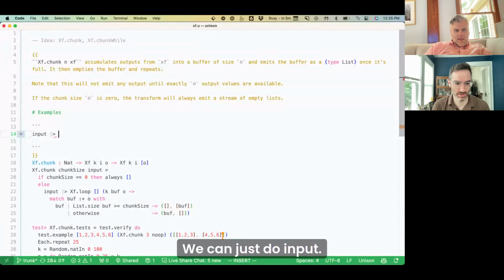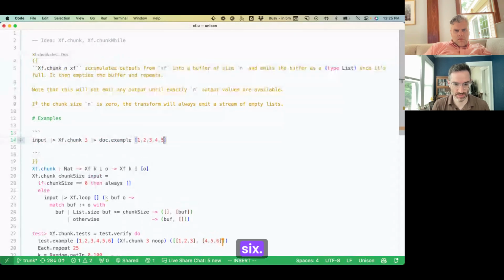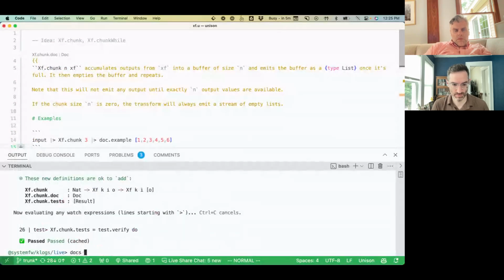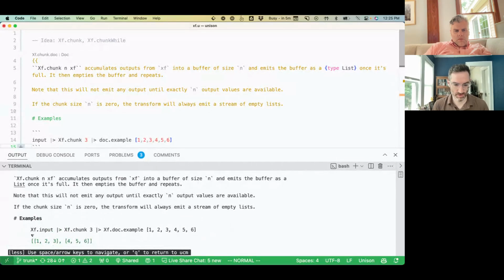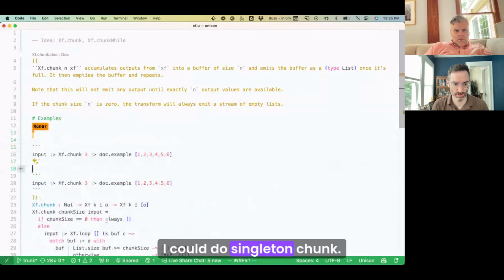Just do input to xf.chunk3 to doc.example. 3, 4, 5, 6. How's that look? Could do singleton chunk. It's always a good one.